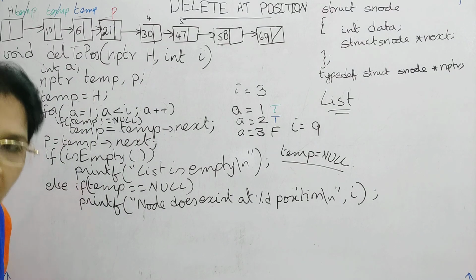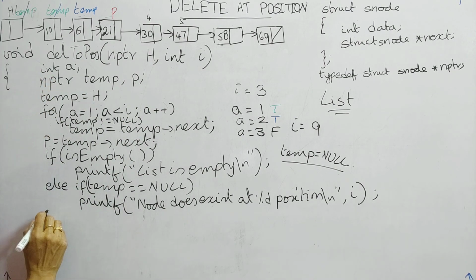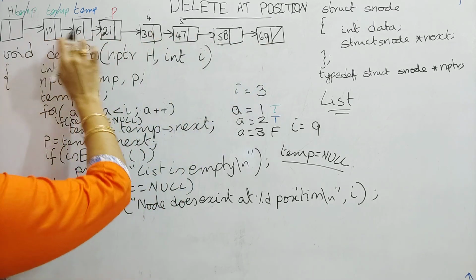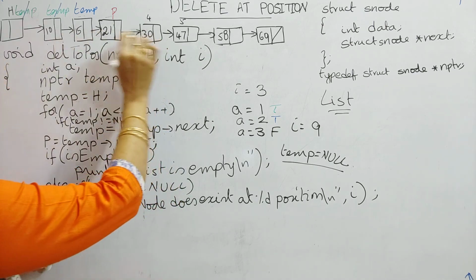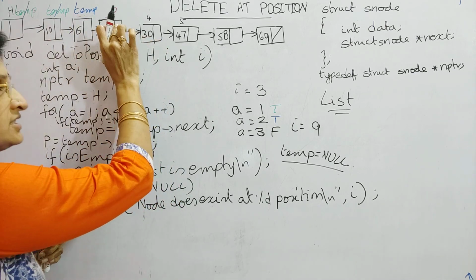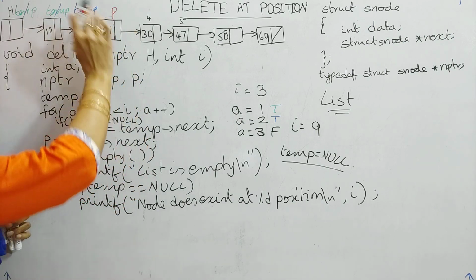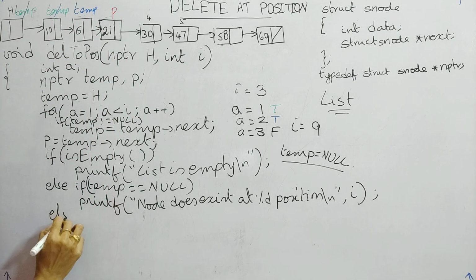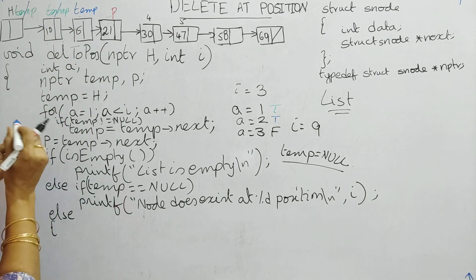Okay. So you don't have a node at that particular position. So next, the remaining cases, that means it can be the first node, or the last node, or a node in between, any cases. So whenever you take all the cases, here P is the node that is to be deleted and temp is the node before P. Okay. So now for the else, that is for the other case, what you have to do is, how can you modify the links?